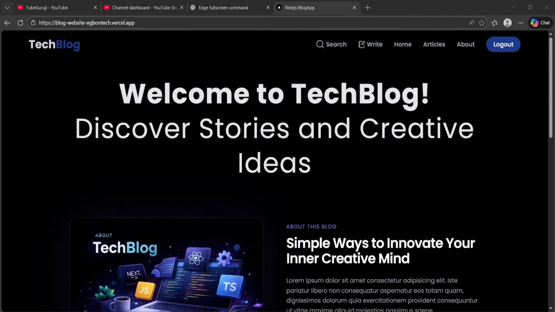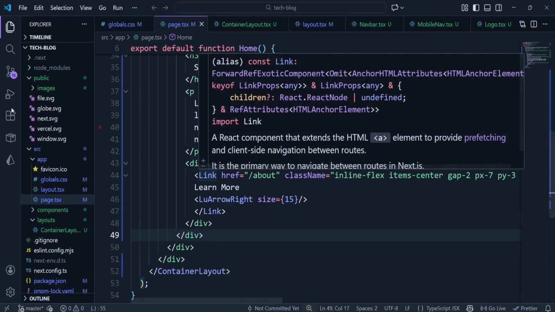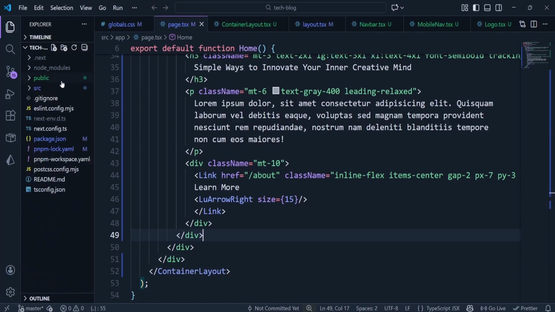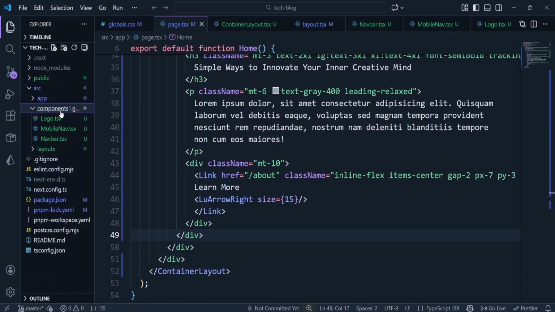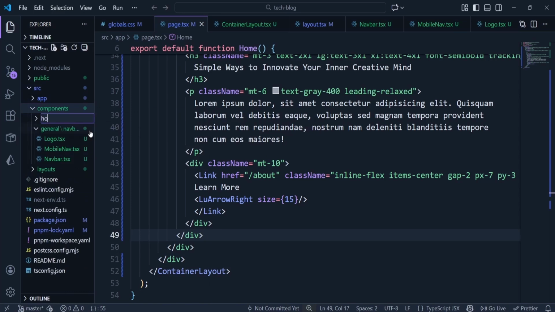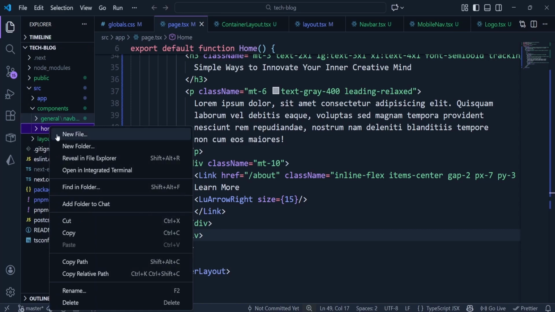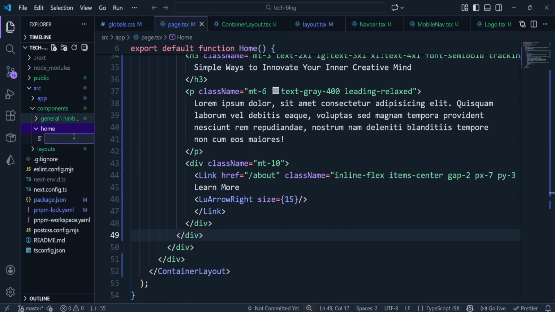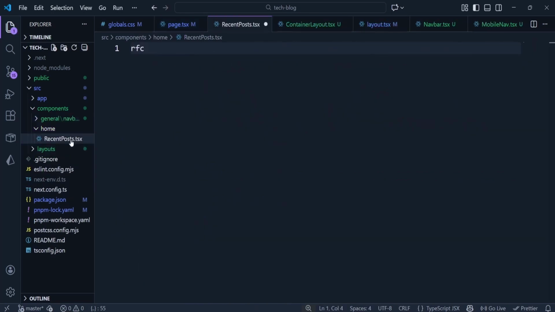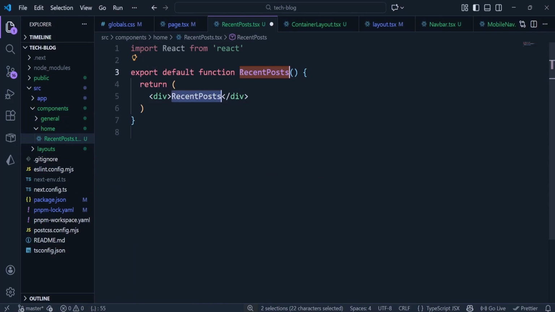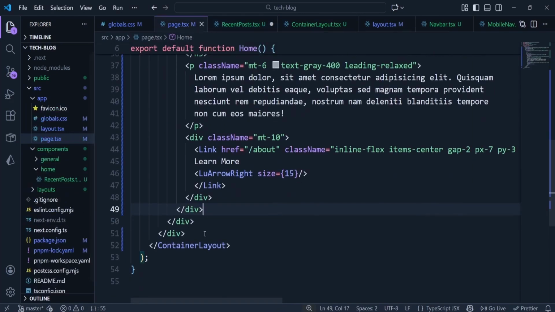For this, we have to create a new component. So I'll just close everything up and go to src components. I'll create a new folder inside this components folder called home. And inside this home folder, I'm going to create a new component called recent post.tsx with rfc. Then inside the page.tsx file down here, I'm just going to call that component right here, recent